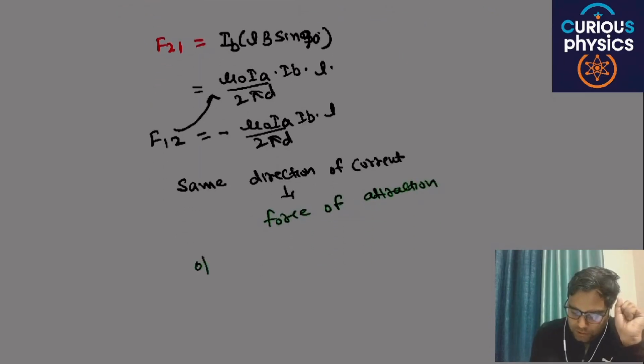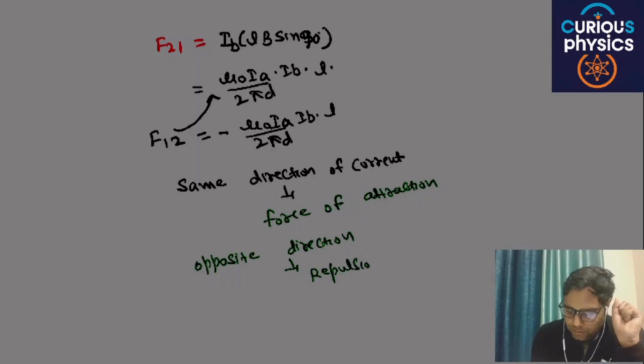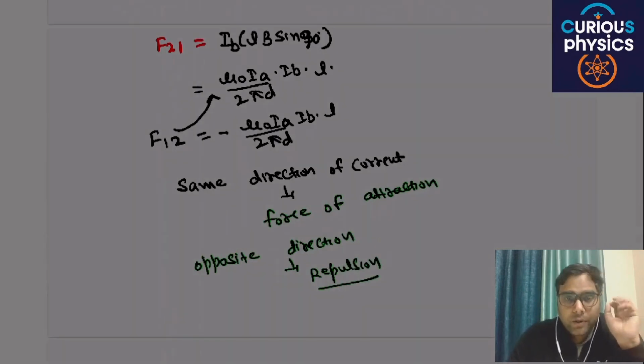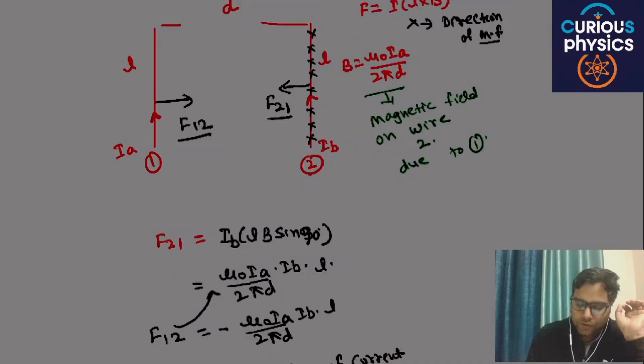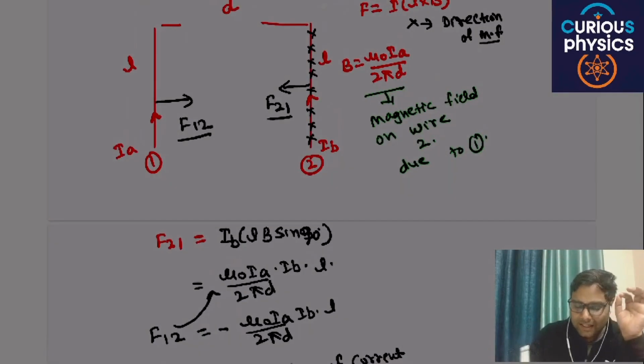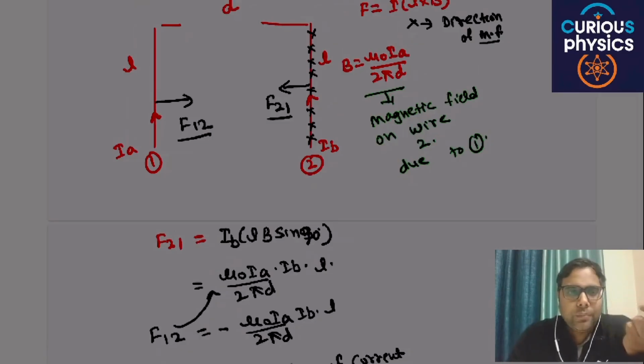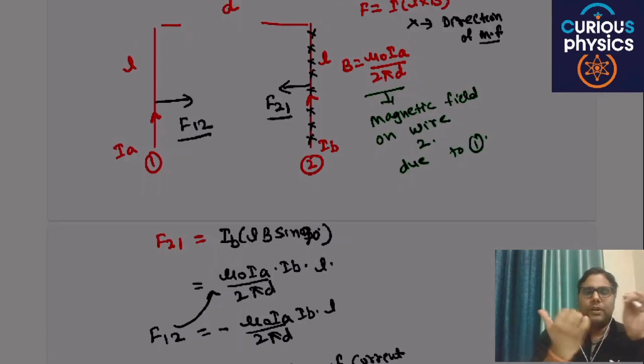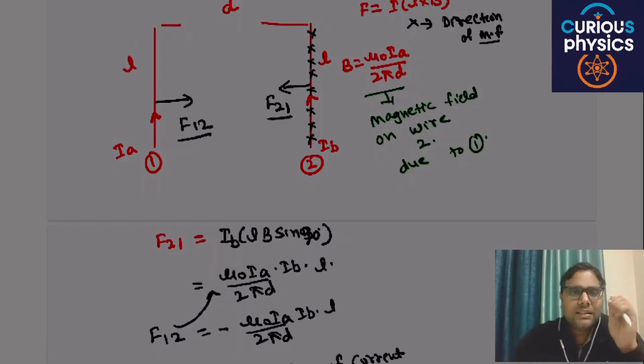And let's say it's in the opposite direction, then there will be a force of repulsion. Are you able to get my point or not? This is nothing but, if you want to derive a formula, if the direction of current is opposite, you can easily change the direction of IB. And you will get the direction of FB away from this direction, because IB is negative, and F12 in the opposite direction. You will easily get the relation.